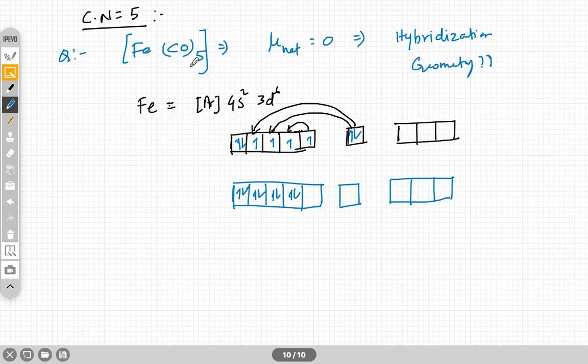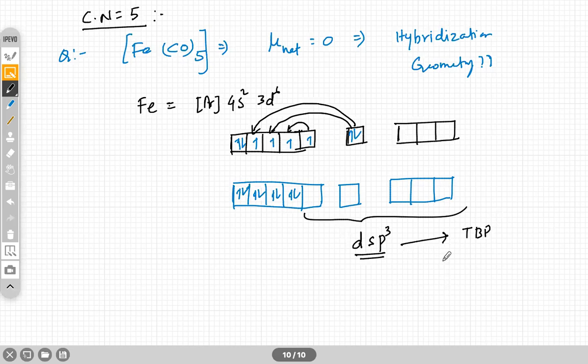5 is the coordination number. So we require 5 vacant orbitals. So one is this d, then s, and then p. So the hybridization is dsp3. dsp3 is the hybridization. Geometry, like I said, it can be TBP